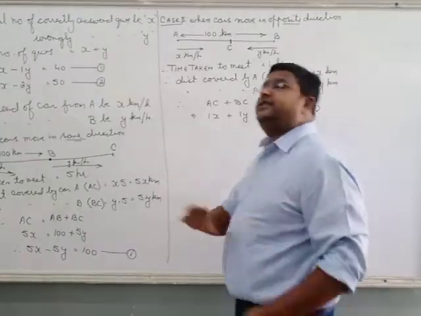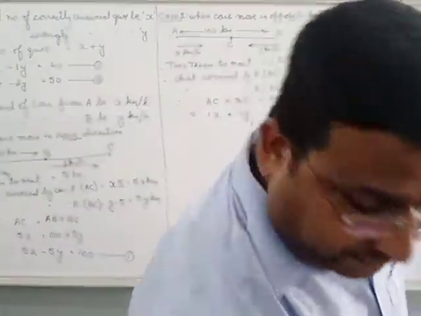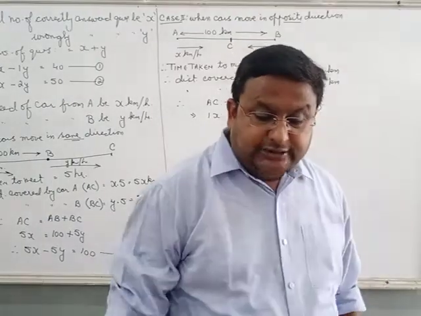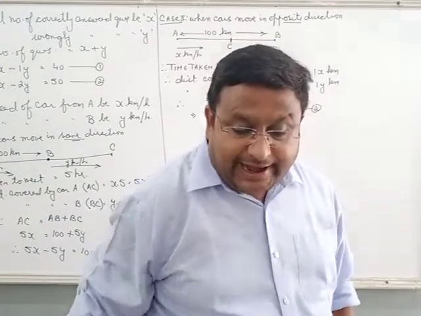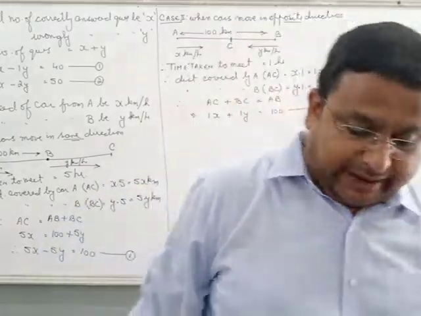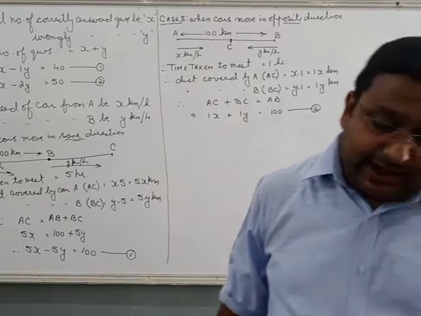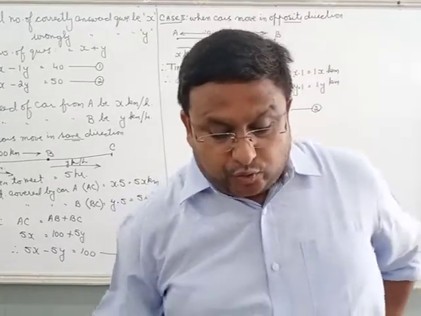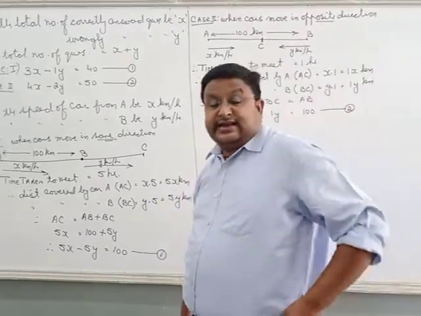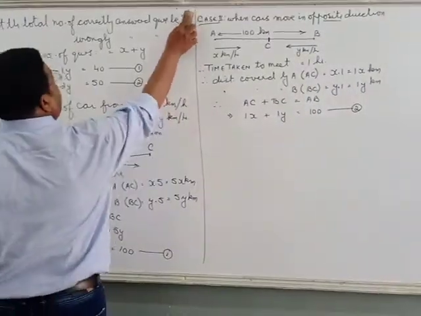Same way, everything changes. Here also he says, the area of a rectangle gets reduced by 9 square units if the length is reduced by 5 and breadth is increased by 3. He says, if we increase the length by 3 and breadth by 2, the area increases by 67 square units. Find the dimensions of the rectangle.